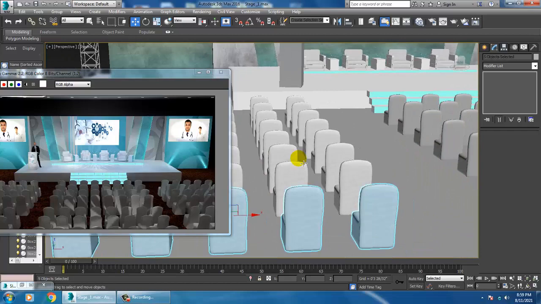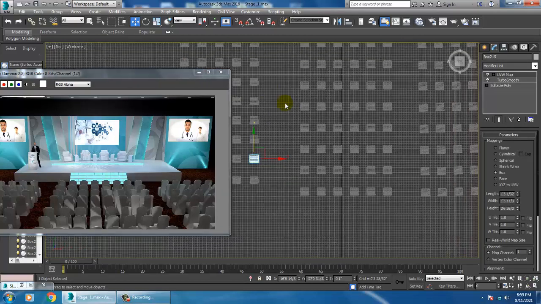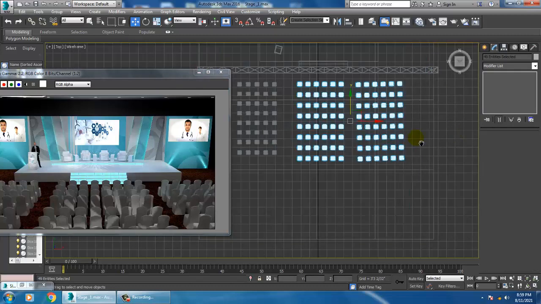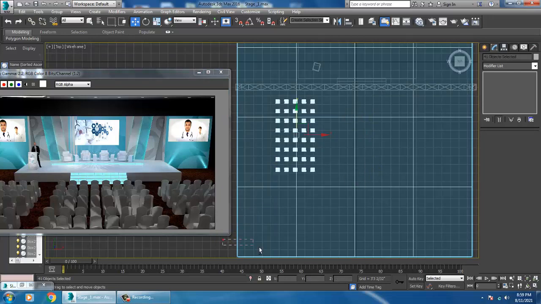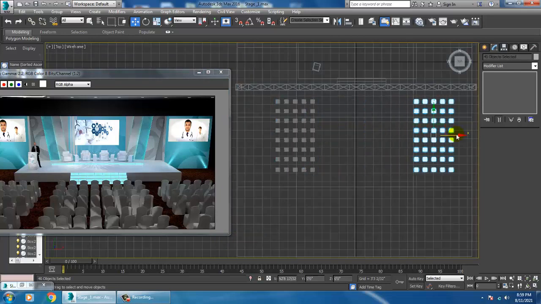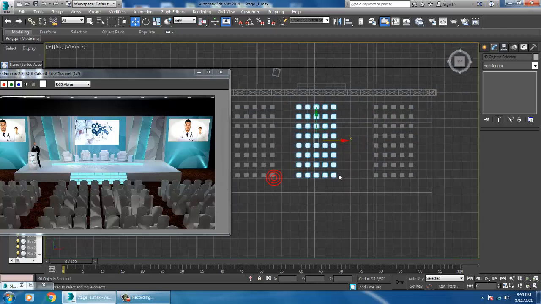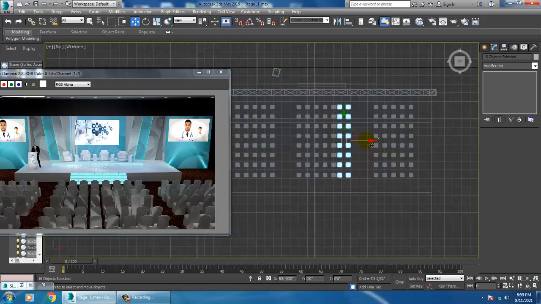Select that. So the same way, as you can see, we have already assigned this. So let's just duplicate this. We'll delete this whole thing. Let's just duplicate that. Alright.